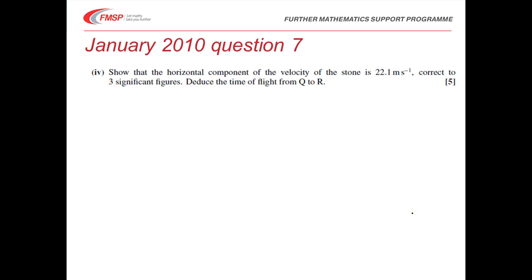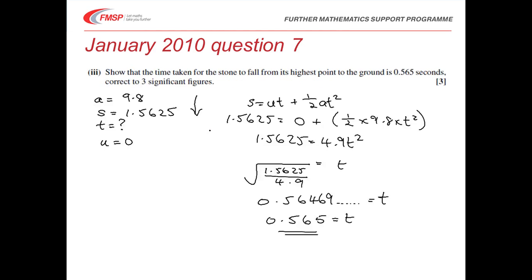Let's move on to part 4. This is 5 marks. We have to show the horizontal component of the velocity of the stone is 22.1, correct to 3 SF, and then deduce the time of flight from Q to R. Well, from the maximum point of the curve to that final point R, we know that the time taken to do that phase of the motion was, from the previous part of the question, around about 0.565 seconds. So from the max point to the ground, we also know from the previous part of the question, if we just flick back to the diagram,